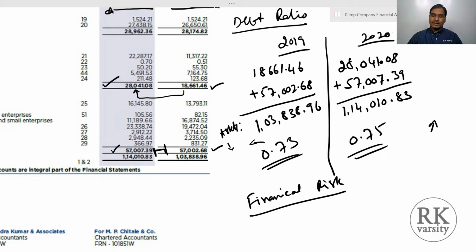But if there is any recession in the economy, and if there is a decrease in the sales of the company, then this high debt is going to impact the company adversely, because the interest component, which is a fixed obligation, may have an adverse impact on the financial performance of the company.